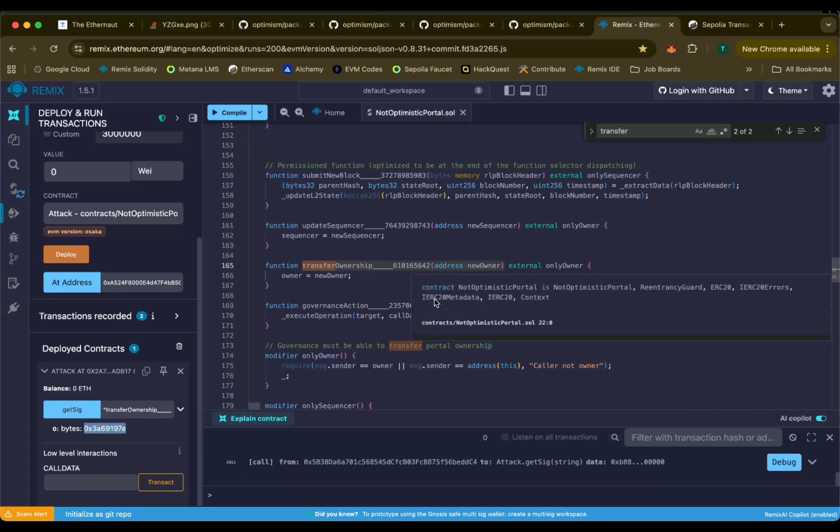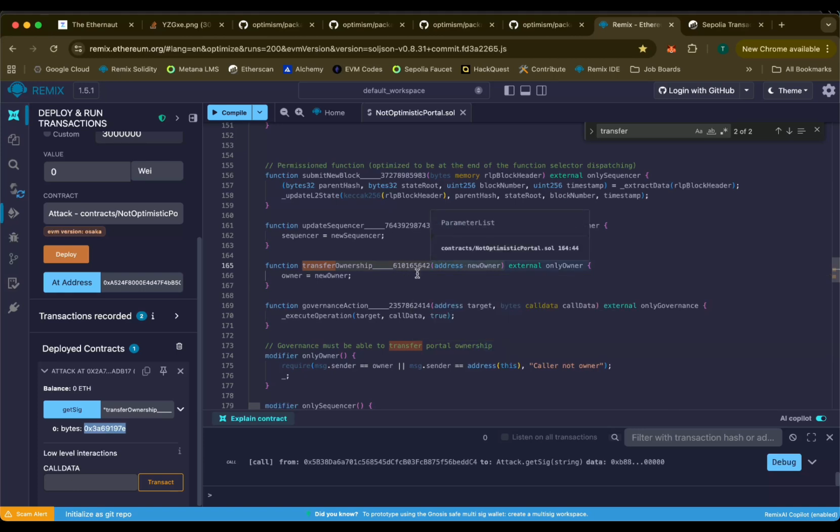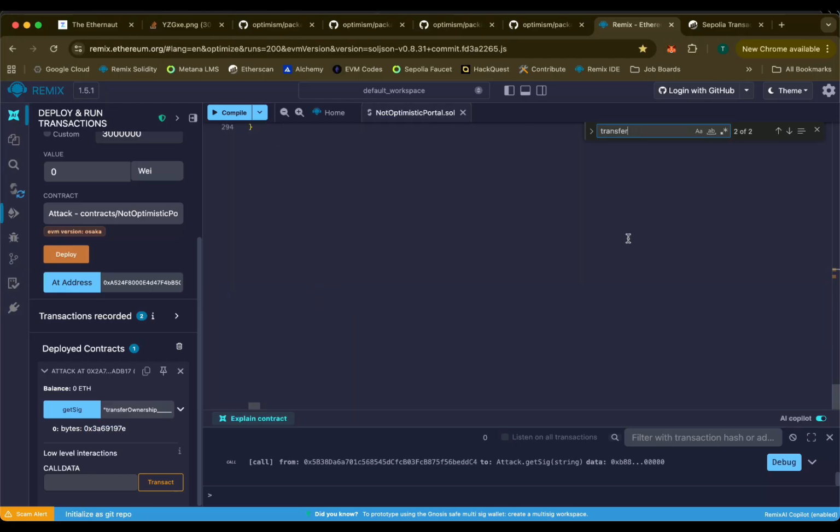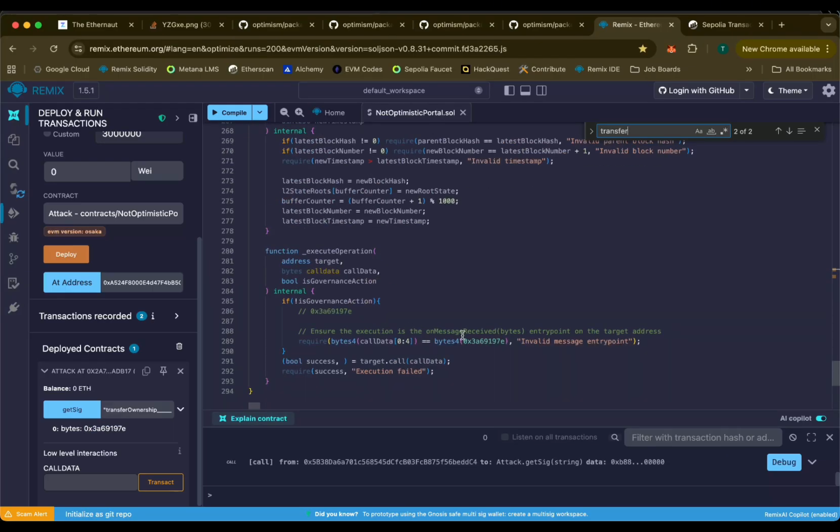So this is obviously a cooked up bug where, even though under the execute operation we are checking that our function signature must resolve to this,